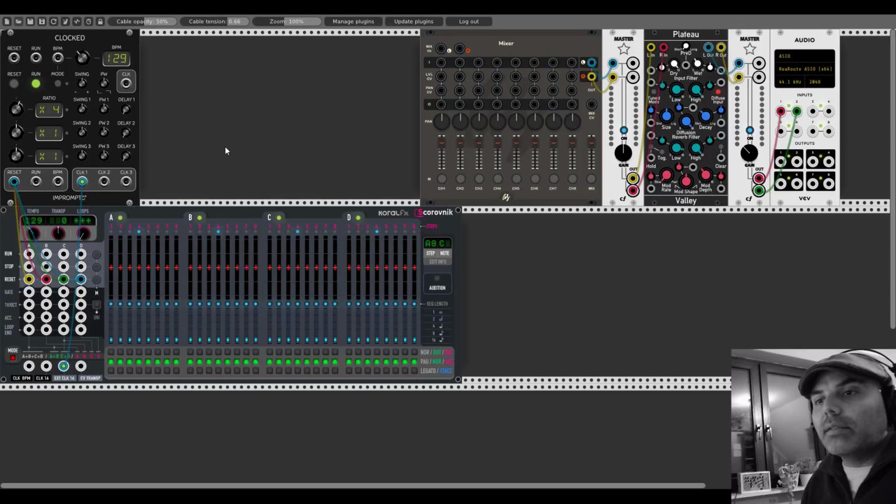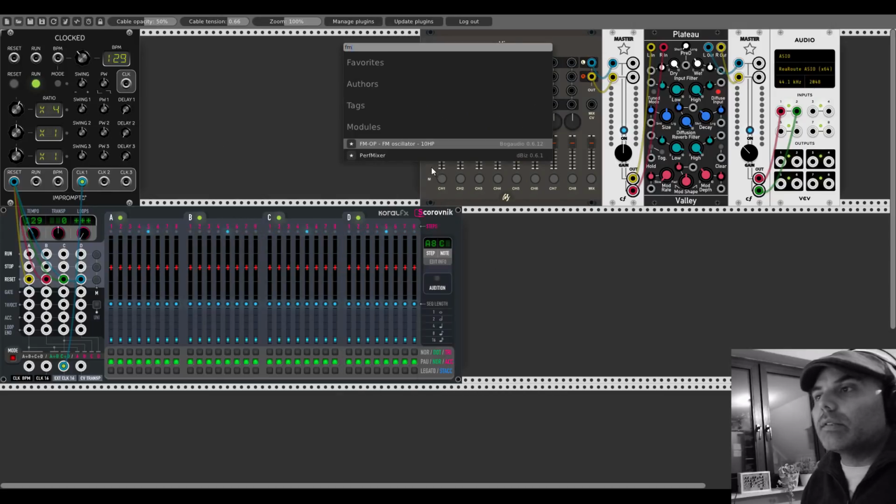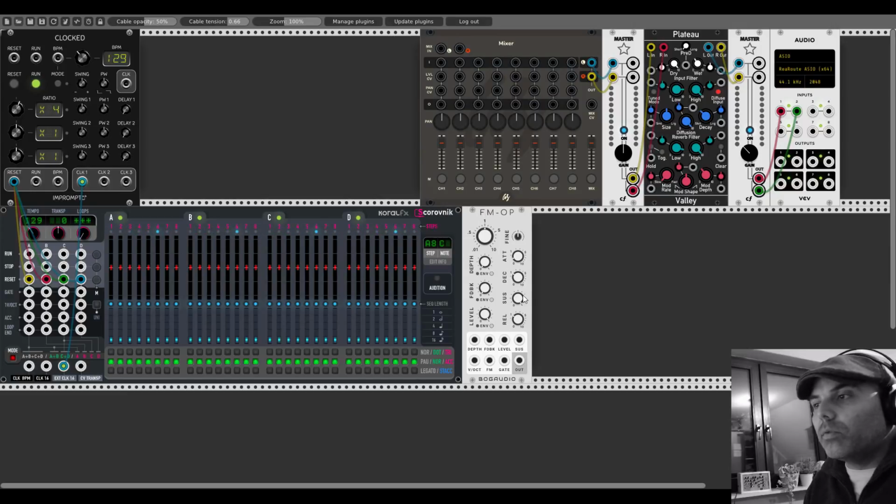And now let's start adding some voices. I think I will go with the FM operators, or for now FM operator, because they have the built-in envelope, which is really easy. They sound great. I love the feedback feature. So let's do this. Let's activate the envelope for the level, which is this button here. Let's take the attack almost all the way down, because I don't want to get this click in the sound. Sustain all the way down. Let's take the first gate from section A, from sequence A, connect this to the gate input of the FM operator, and let's take the volt per octave and also connect it to the FM operator, to the oscillator, and